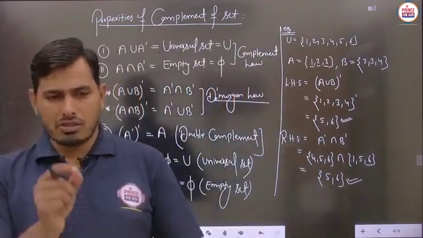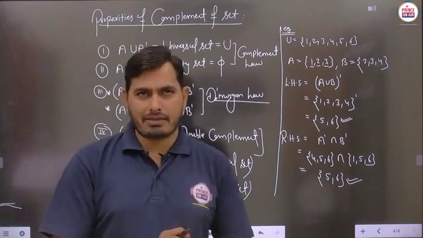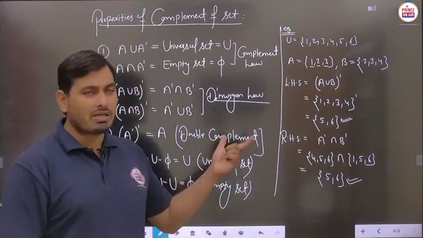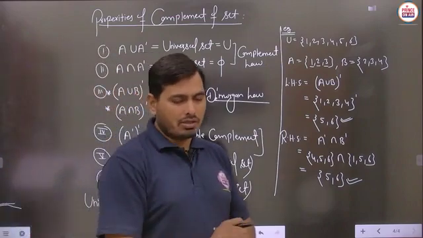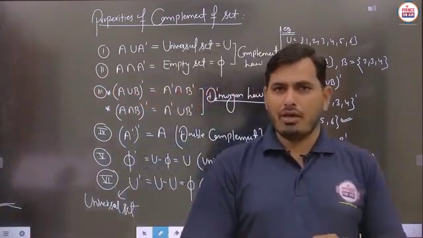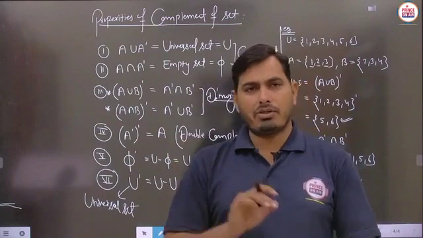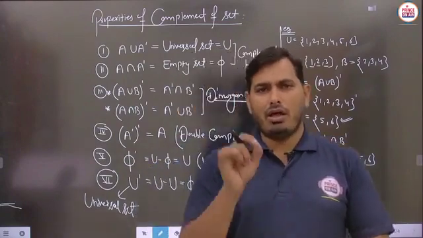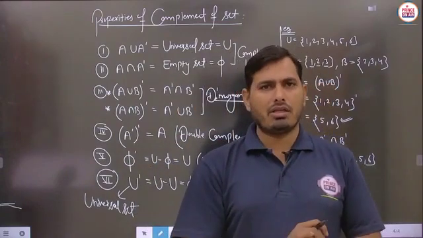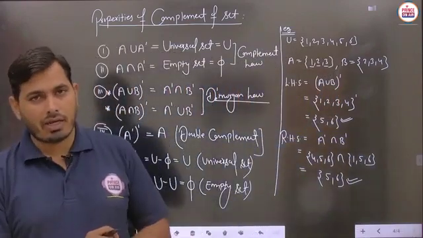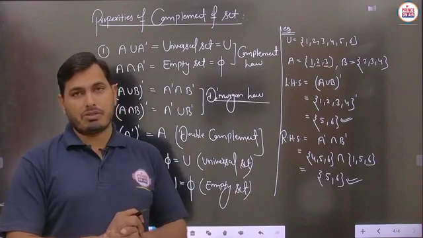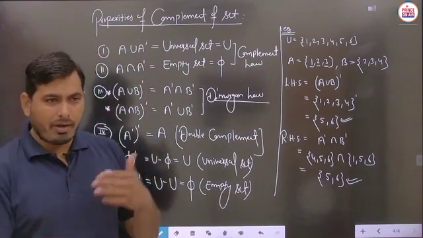Now suppose this represents the sample space S, where the two outcomes, head or tail, are there. Suppose any event A is there, and event A represents the number of heads, or only the head, which is a subset of the given sample space. Then what should be the complementary event of that part?